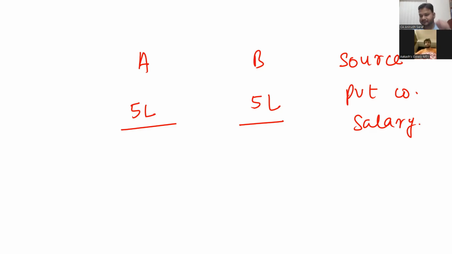Shall I tell you? Yes, sir. Okay. Sometimes, as we progress through the course, you will see that when people are taxed, there are different rates for different types of people also. For example, this A is a young person and this B is a senior citizen. That means above 60 years of age. So when the government is collecting tax, they give a little advantage to senior citizens. Even if the income is the same, they will collect a slightly lesser tax from senior citizens.